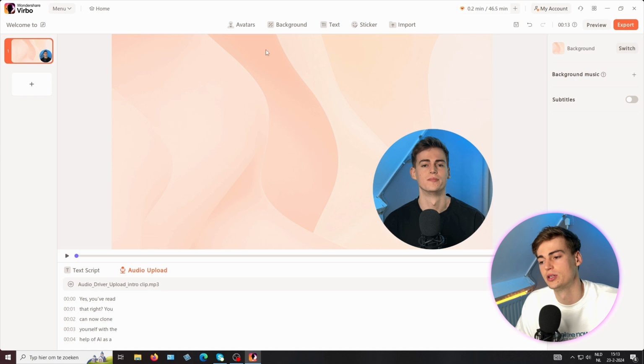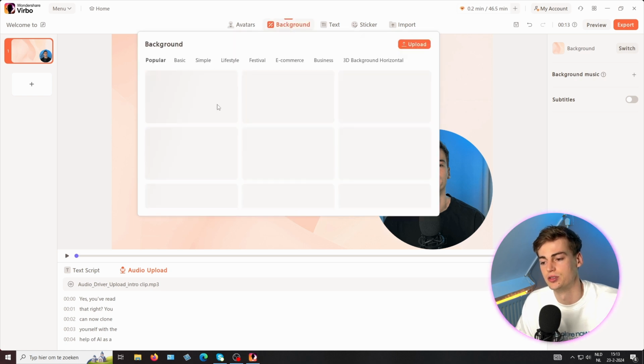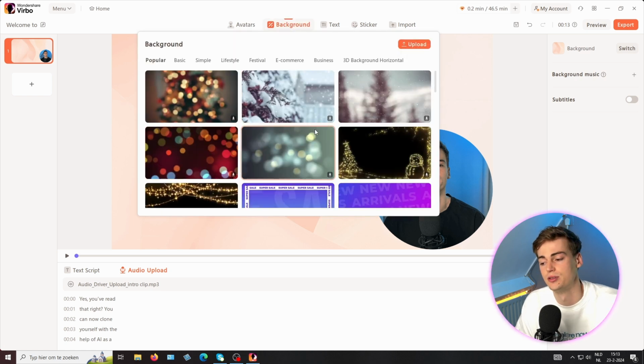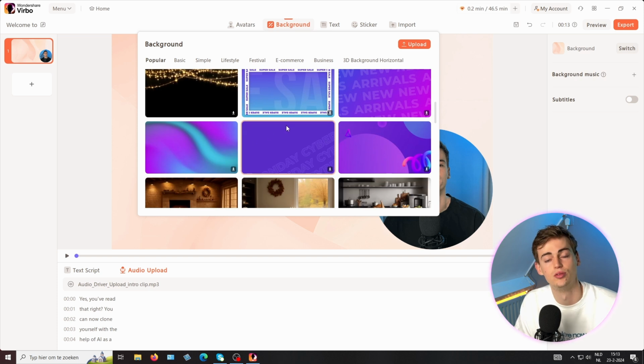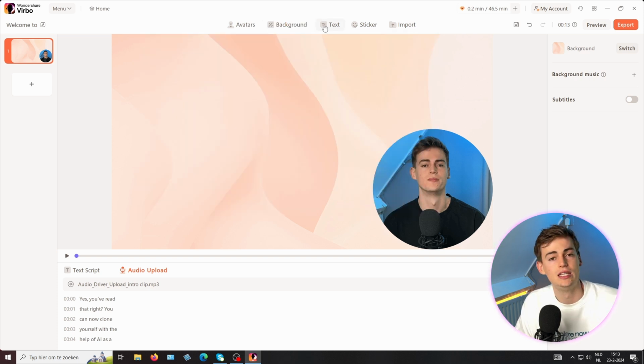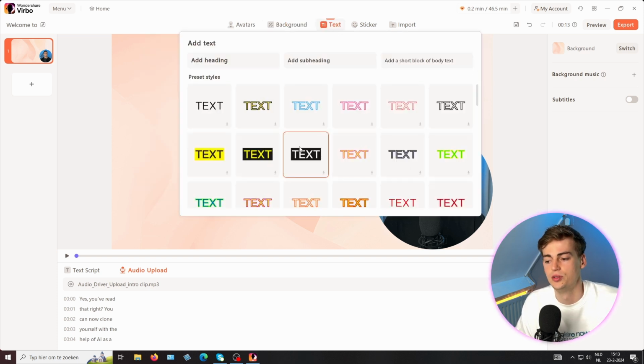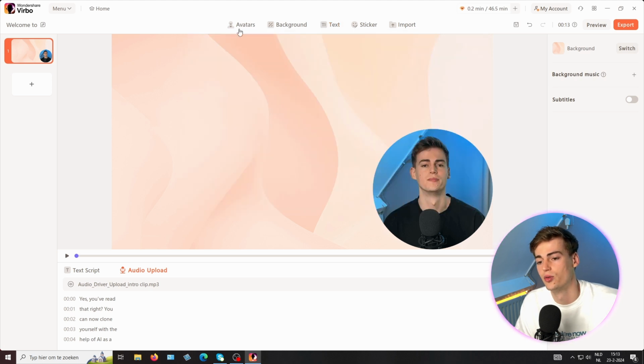But other than that, you can change the background in Verbo. You can choose any of the backgrounds that they have. You can make custom ones. You can do all of that within Verbo. You can even add in your own text if you want to. You can create your entire presentation, or what's also a good way is if I go back to this,